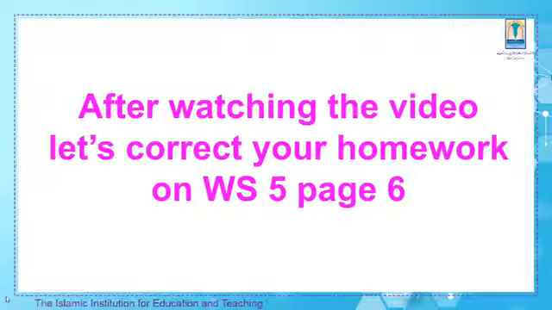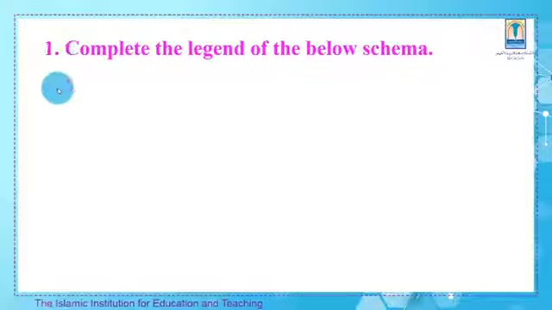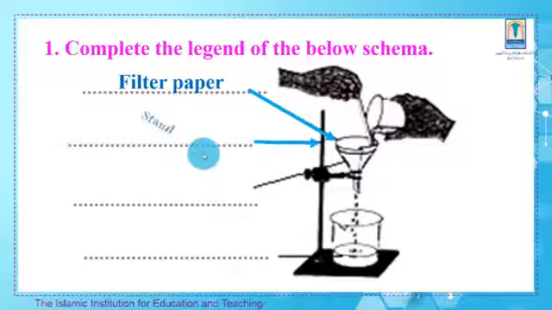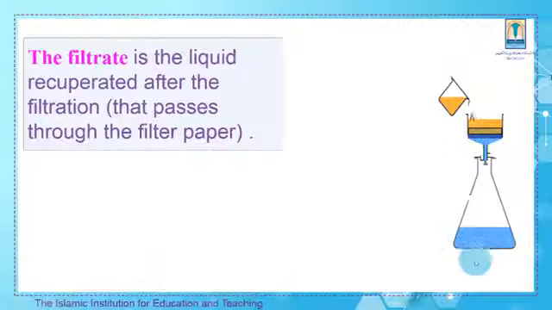After watching the video, let's correct your homework on worksheet 5, page 6. Exercise 1. Complete the legend of the below schema. Filter paper, stand, funnel, beaker. The filtrate is the liquid recuperated after filtration that passes through the filter paper, and here the filtrate is